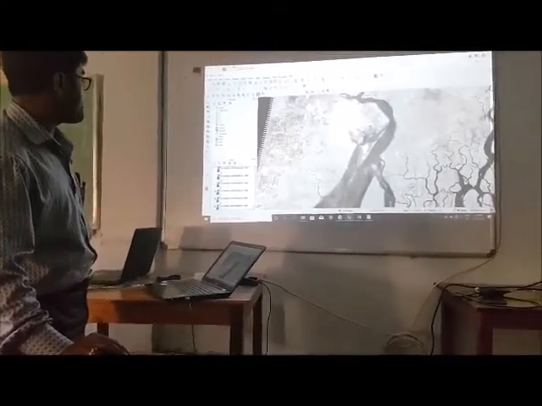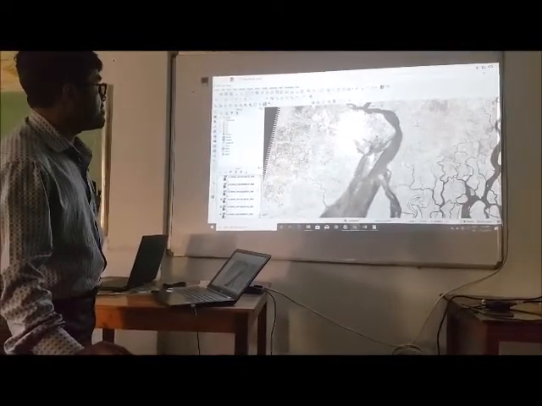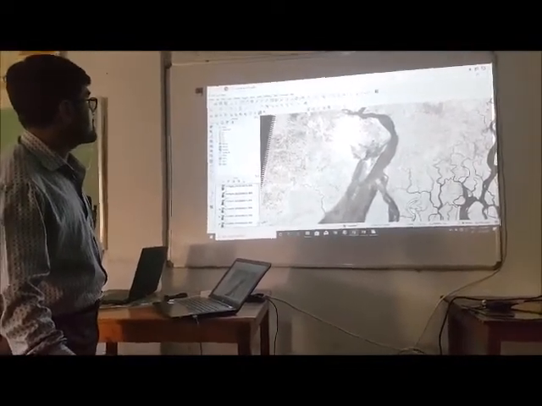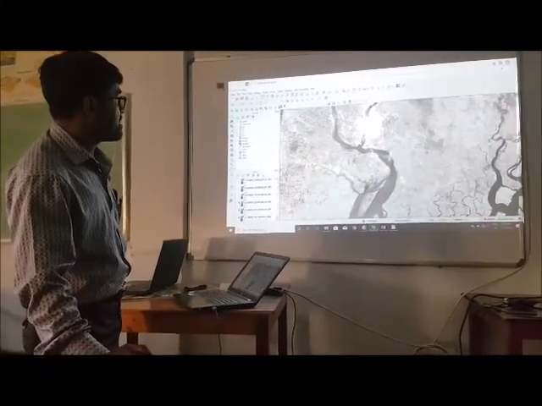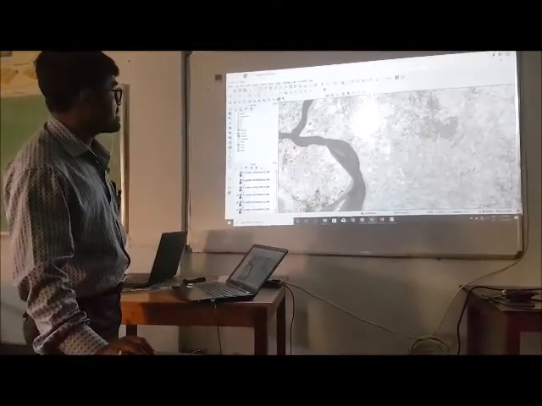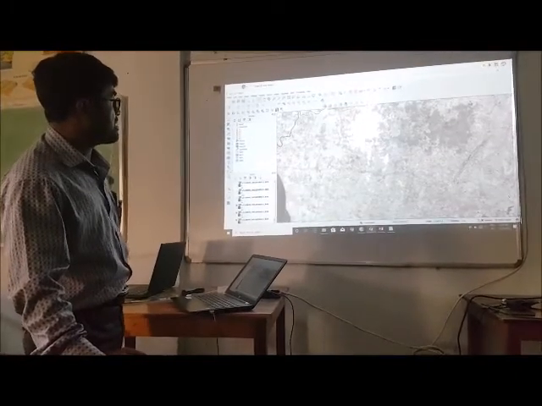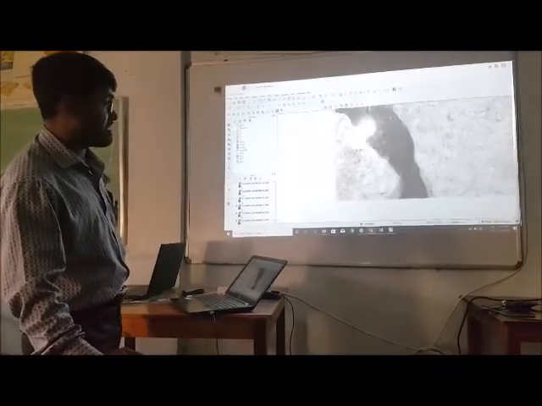This is band 4. Here band 4 gives us those parts which have higher vegetation, and the part other than white is not vegetative area.